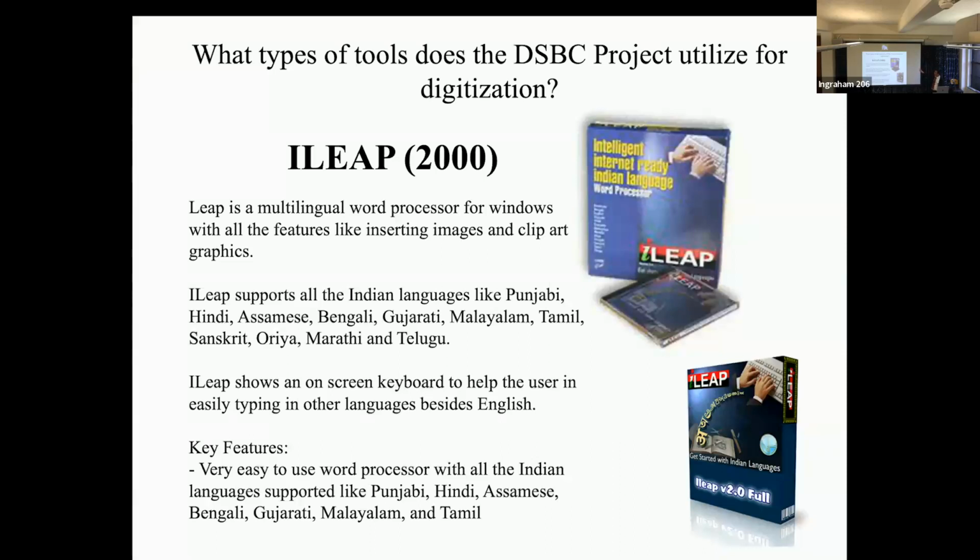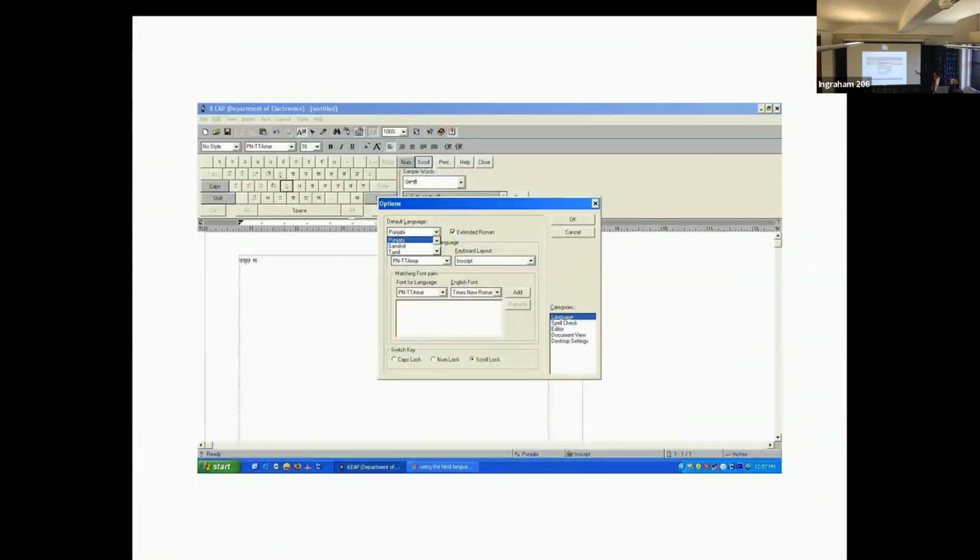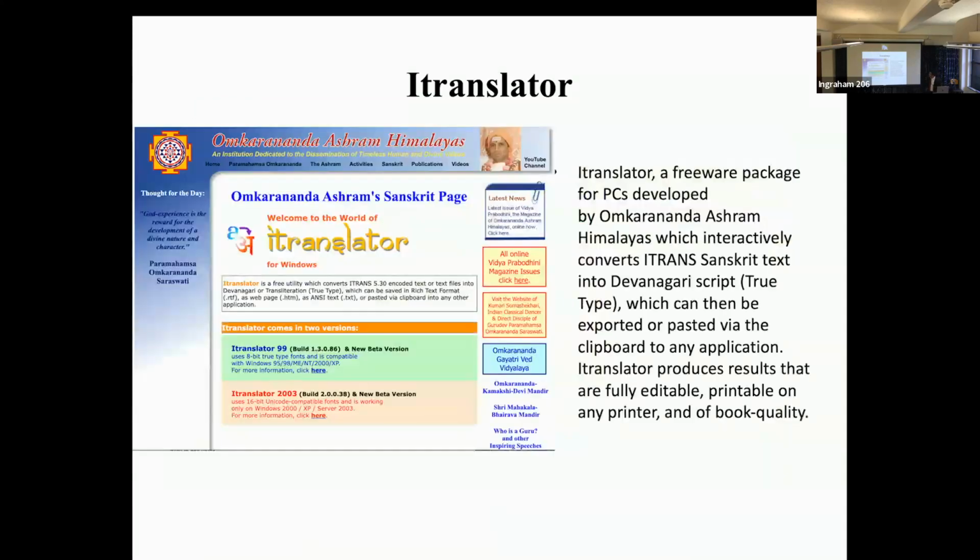So in the 90s, we were looking for software to digitize, and we found this iLeap. Is it 2000? At that time, this iLeap allowed us to type in different languages like Hindi, Assamese, Bengali, and we started using this for the time being. And then at the time we also found another software, the iLeap key coding system. At that time it was very popular, this iLeap system, but we gave up this system and started incorporating